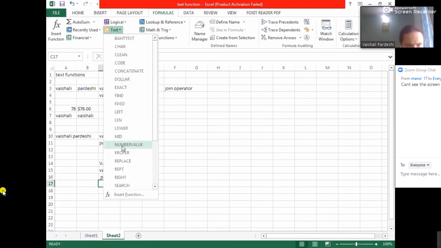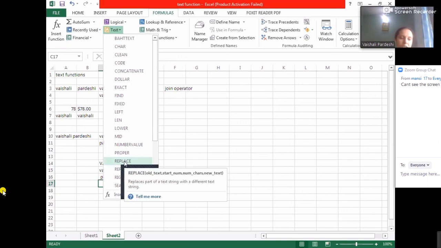And proper हो गया. अभी replace, what it does, it replaces the character. Okay, suppose in my name I do not want A, VRU ऐसे कुछ चाहिए. A की जगह VRU, Vrushali. Okay, instead of Vaishali as a name, I want it as Vrushali. Okay, so I can use the replace function over here.